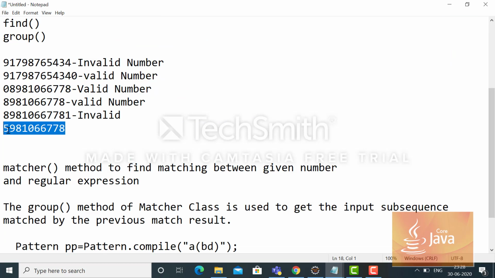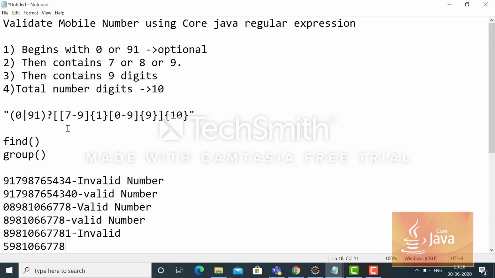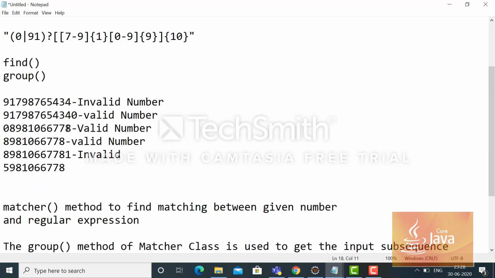Okay, then start with 7, 8 or 9, and 1 2 3 4 5 6 7 8 9.